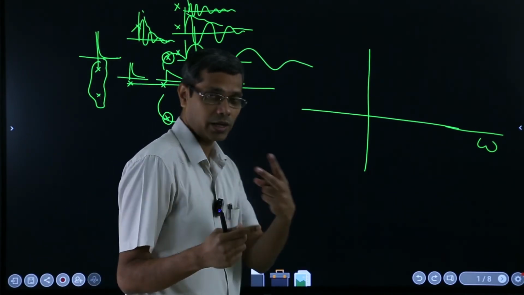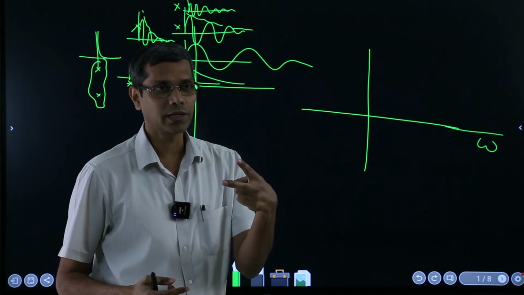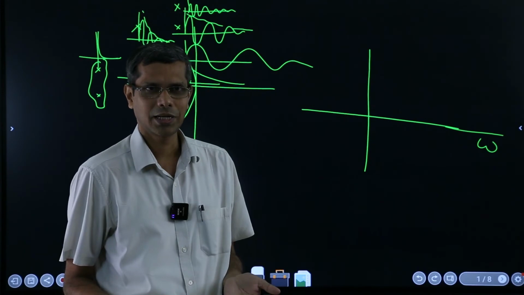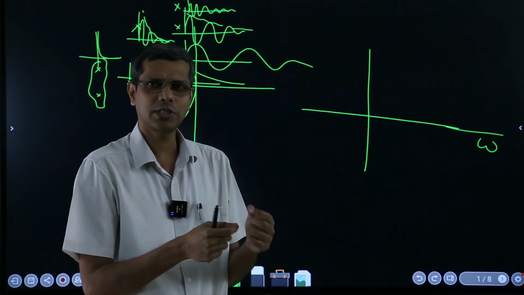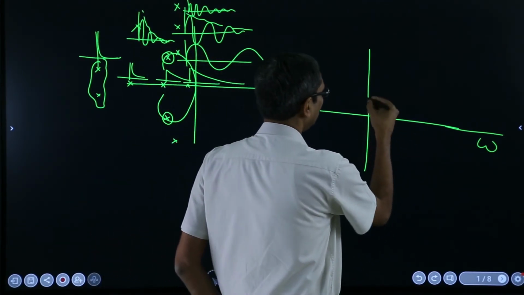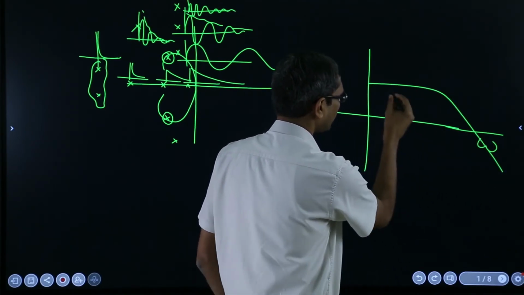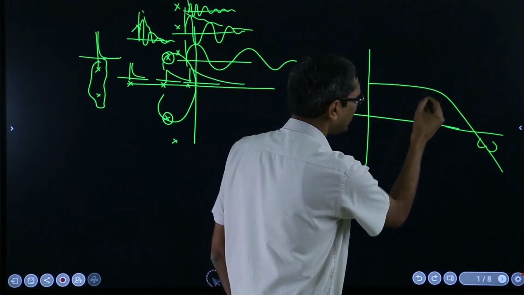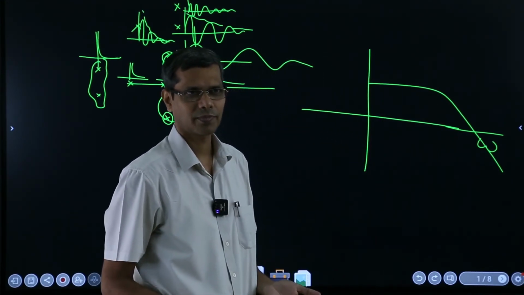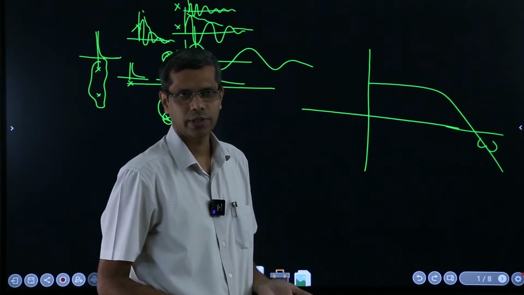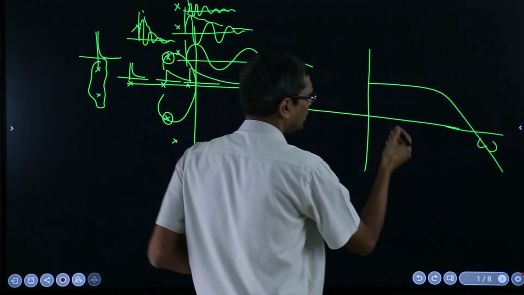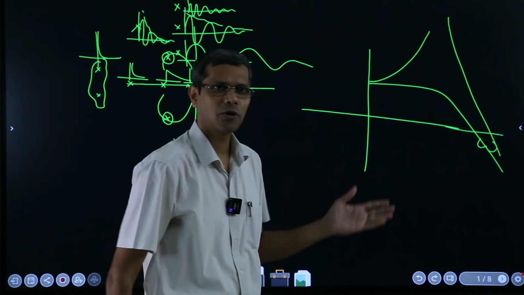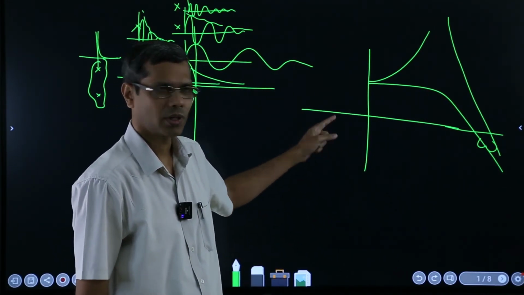So your Bode diagram always had two components, right? The magnitude and the phase, isn't it? So the same thing, how the magnitude changes with respect to frequency. If you had something like this, so in this zone the frequency is changing, but the magnitude ratio is not changing, right? So that's the whole story about the Bode. Even in the Bode diagram you had this kind of drawings, right, for second order systems,